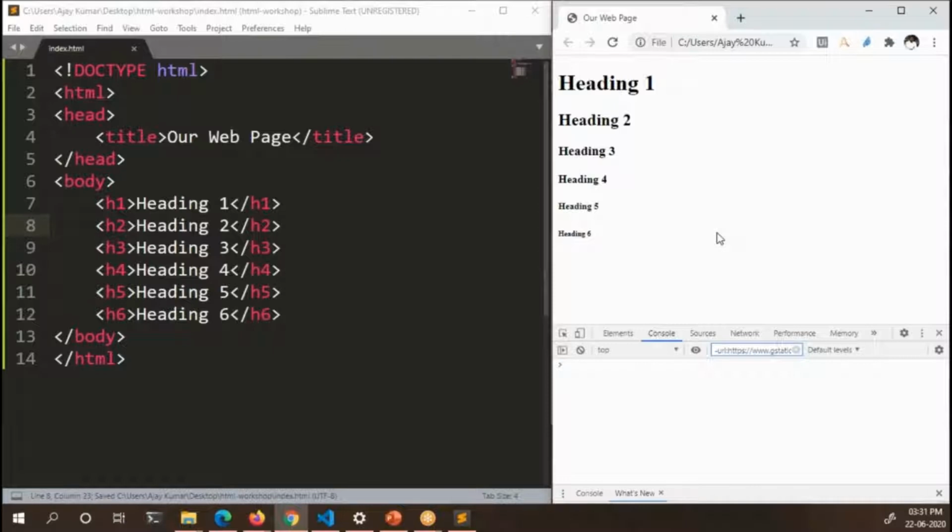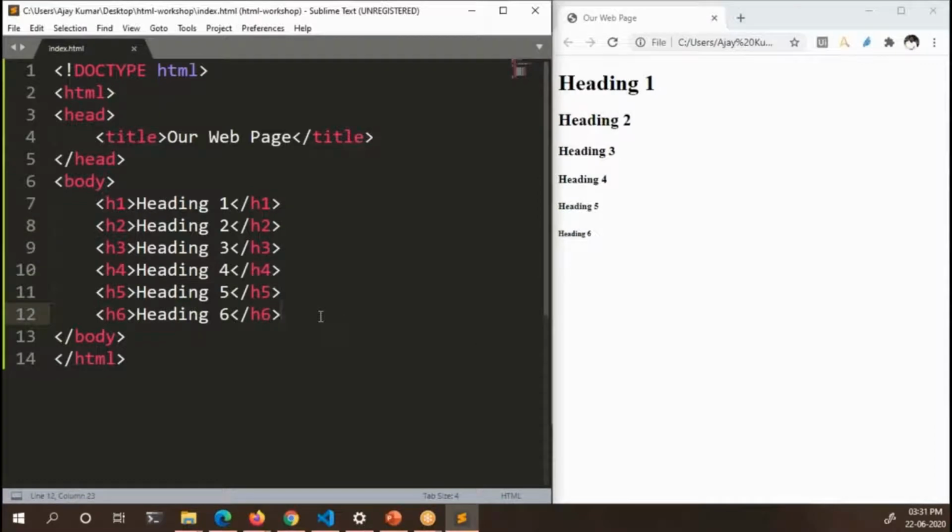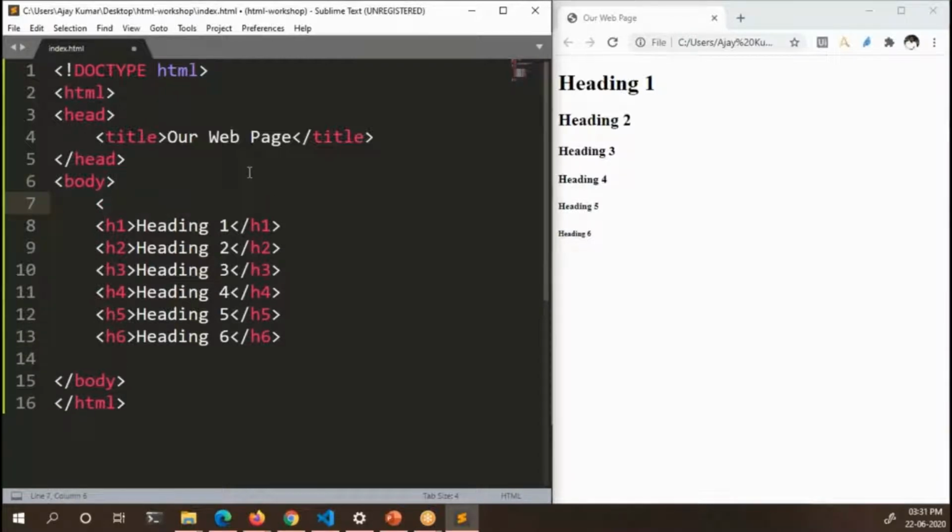So now here you can see the 6 headings. Okay, so the size of the text is decreasing from 1 to 6. So H1 is the largest heading and H6 is the smallest heading. Let me close these Chrome tools. Okay, and after heading tags, let's try out each and every tag that we have in HTML, most of the tags. So first tag is heading tag that we have seen.